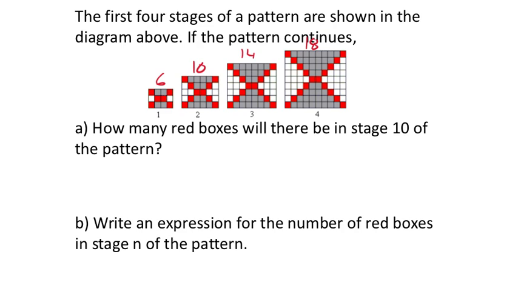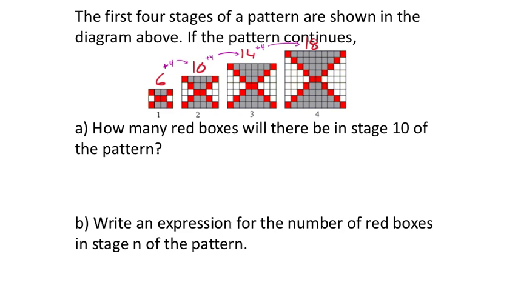Okay, so the pattern that I see here between each of the stages, this is stage 1, stage 2, stage 3, is that each of them is adding 4. So, for example, you do 6 plus 4 to get your 10, 10 plus 4 to get your 14, 14 plus 4 to get 18. Now, I don't want to do this 10 times either, right? So what I can do is just say, well,